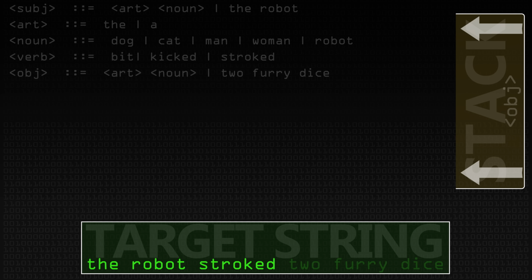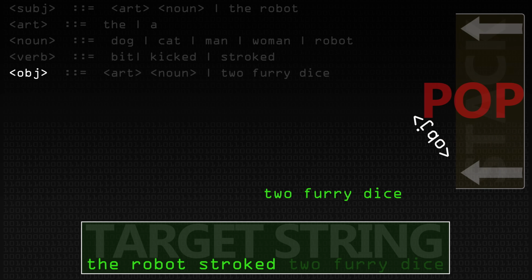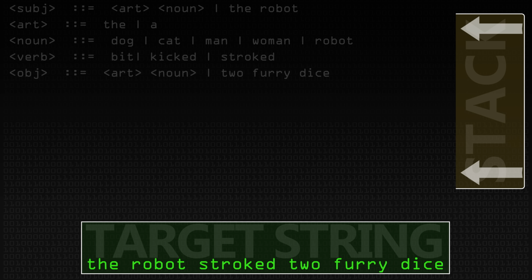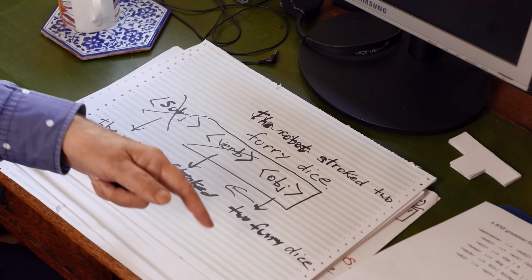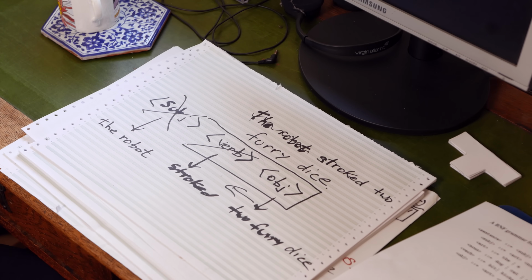We declare success and we say we have matched the robot stroked 2 fairy dice by going subject, verb, object. Subject came down into being shortcut the robot, verb developed straight away into being stroked, object shortcut to object phrase. It's a very shallow tree really, but it's developed the target sentence, the robot stroked 2 fairy dice.